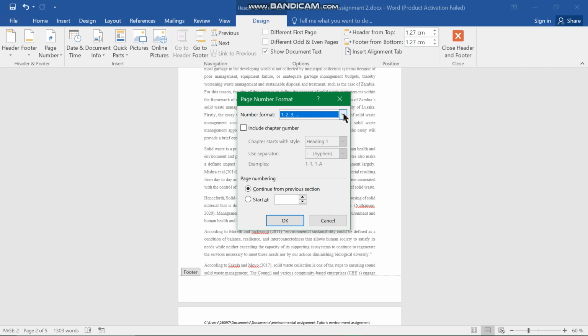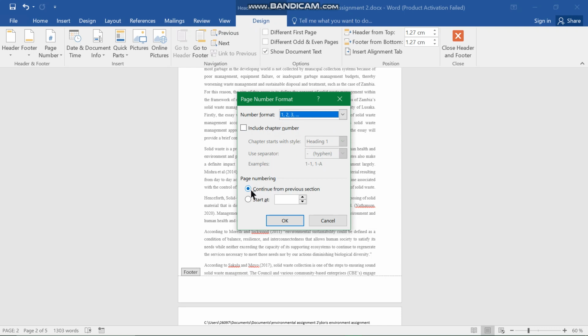So in this prompt, you'll see this field here shows you the options on how you can insert your page numbers. So you can have them in Roman numerals, in the normal alphabetical letters. You can have them hyphened and spaced in different ways, so you can just choose. So we are going to go with normal numbers,